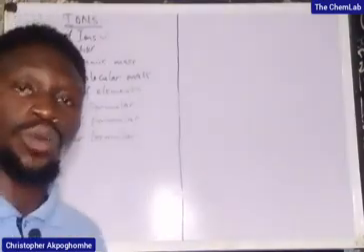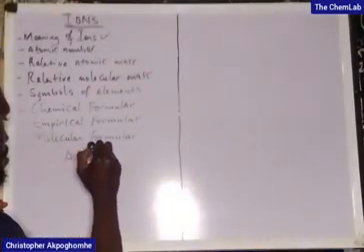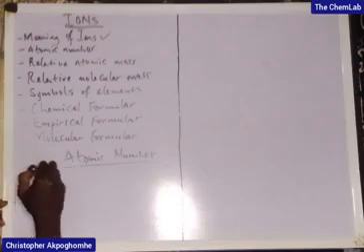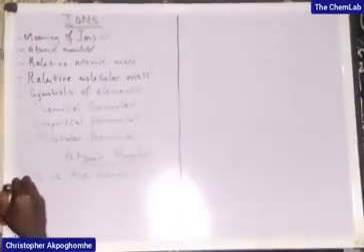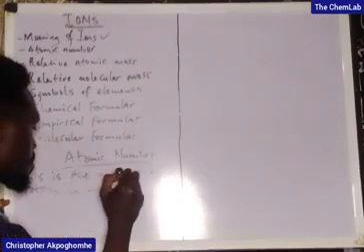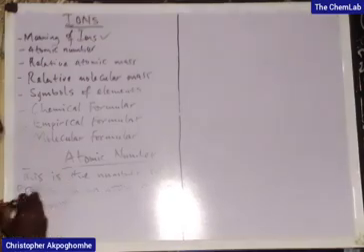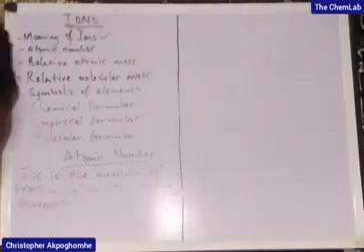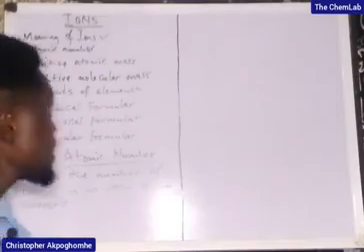Atomic number. What is atomic number? Atomic number is the number of protons in an atom of an element. Atomic number is the what? The number of protons in an atom of an element. That is atomic number. Now, having said that,